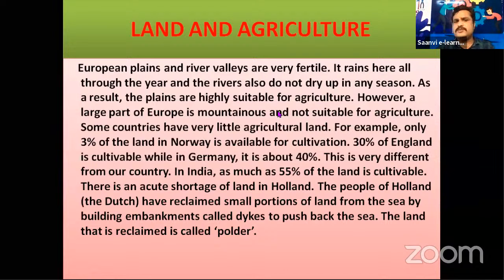The same way here also, they made some embankment to push back the sea. The land that is reclaimed is called polder. That reclaimed land we call polder. Please note it down in your running note. What do you mean by polder? That is the meaning of that. And next here,